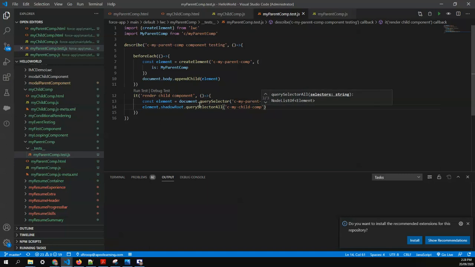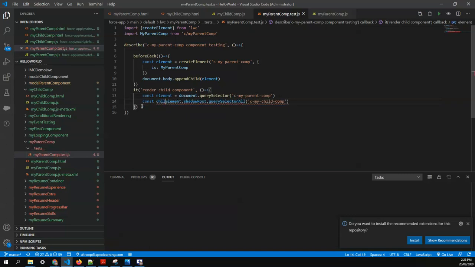If there are two, it will return 2; if three, 3; if there are none, it returns 0. It returns an array-like structure, and we'll store this in a variable called child component element. So now we have the data. If this query finds something, it will store it in this variable.